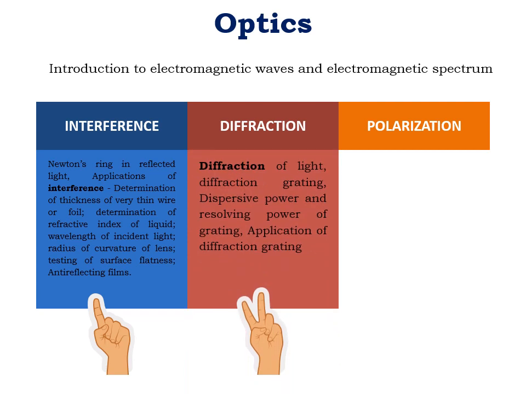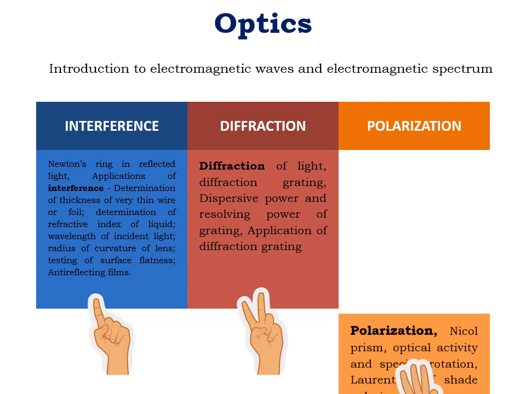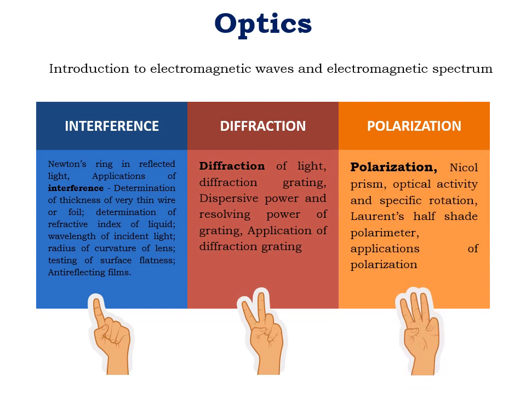Next, in diffraction, we have to see what is the diffraction of light, how that can be achieved. To get a diffraction, we need to use several components. That components are diffraction grating. So we are going to see the construction and working of diffraction grating. Then we have to see some parameters of that grating, like dispersive power and resolving power of the grating, and then of course applications of the diffraction grating we are going to understand in the second section, that is nothing but diffraction.